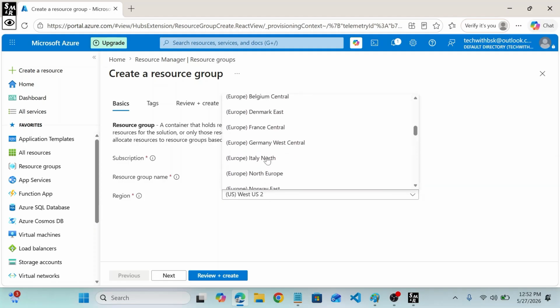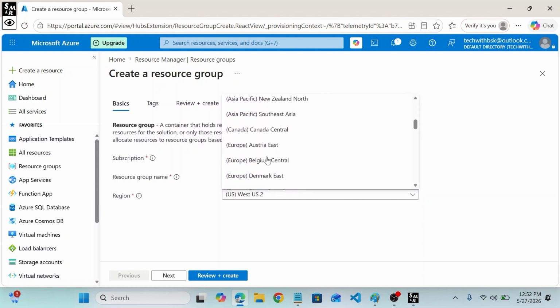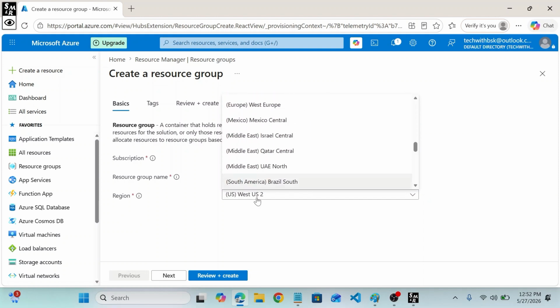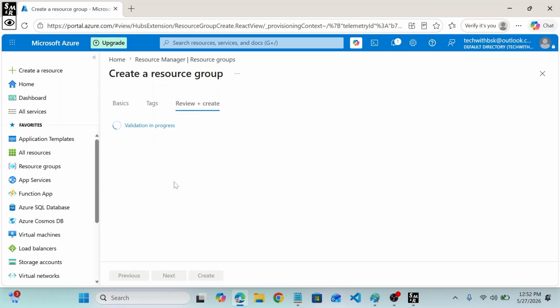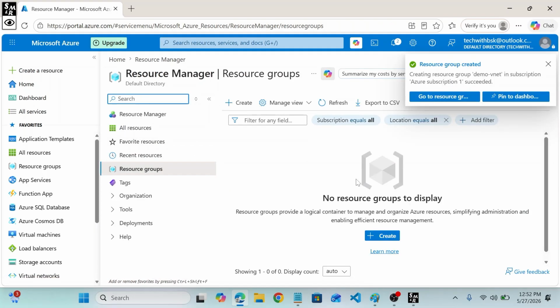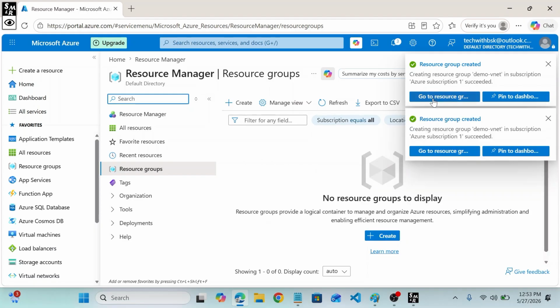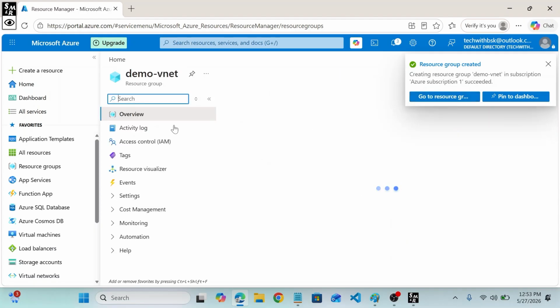It provides recommended locations and other locations. Let me select a recommended location, let it be West US 2, and click on review and create. So click on create. Okay, once it is created,